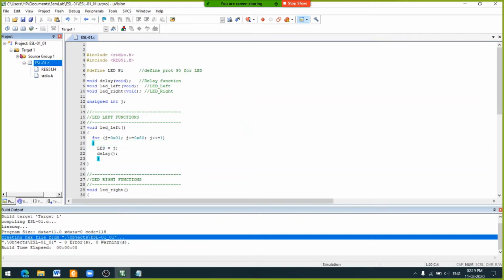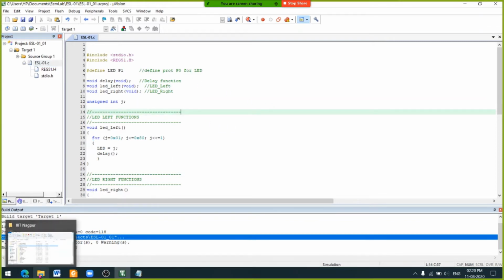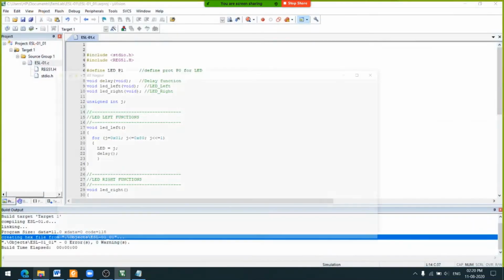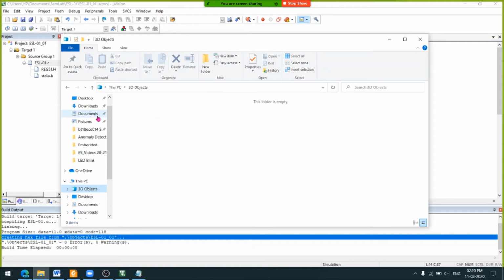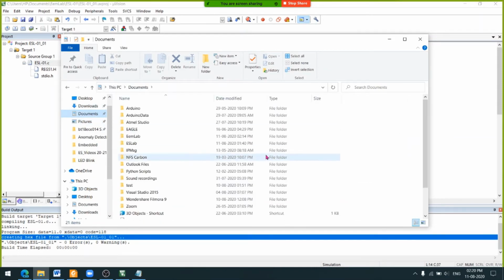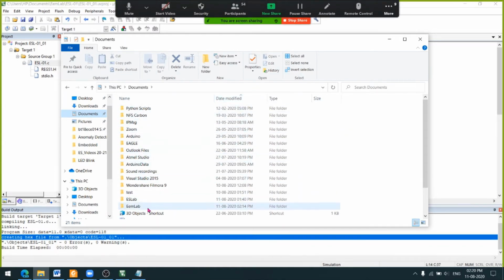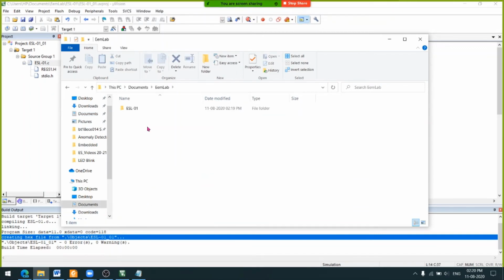So I have to move into the full project folder, and we have saved it into Documents, I guess. So go to Documents, then ESL Lab, embedded system lab, then ESL01, which is our folder.